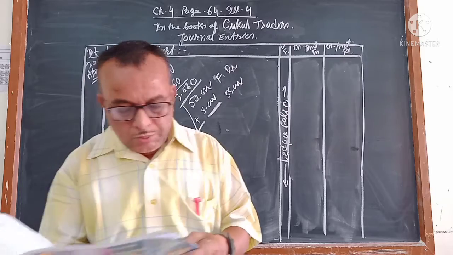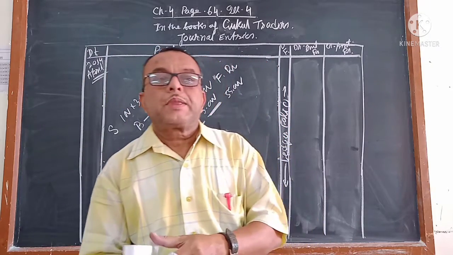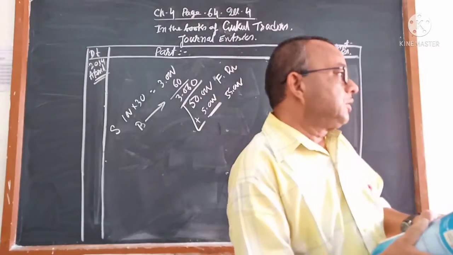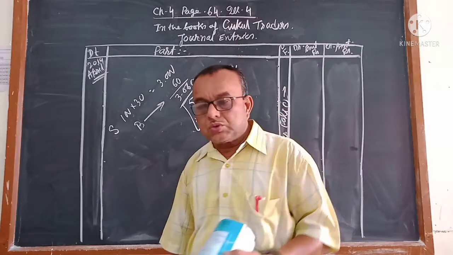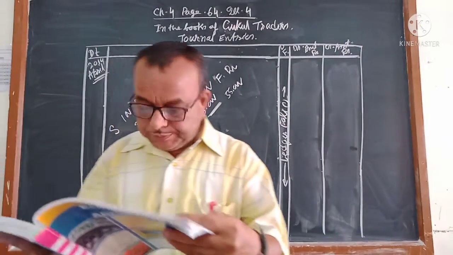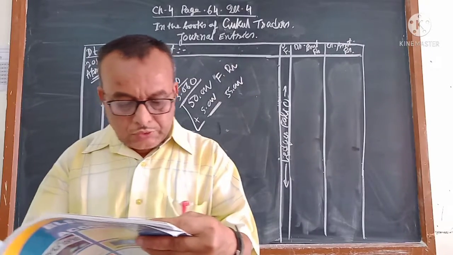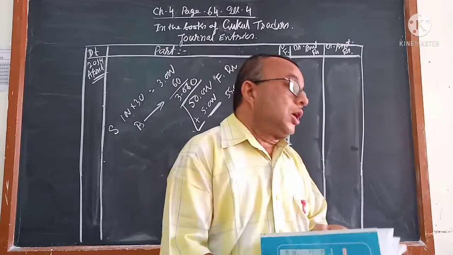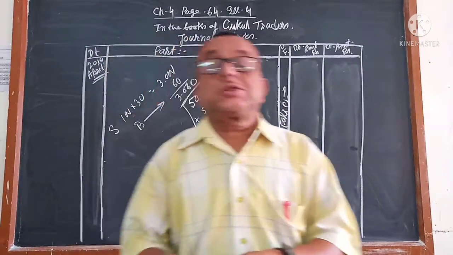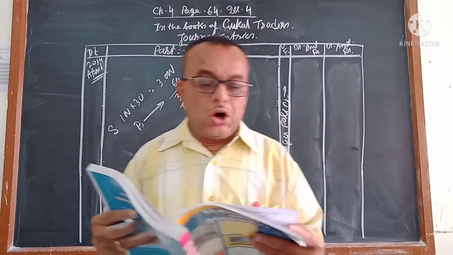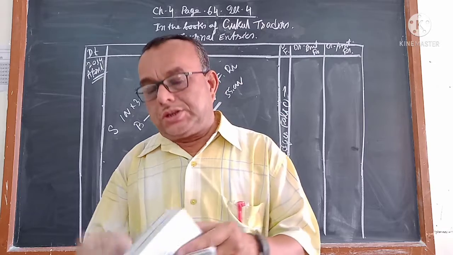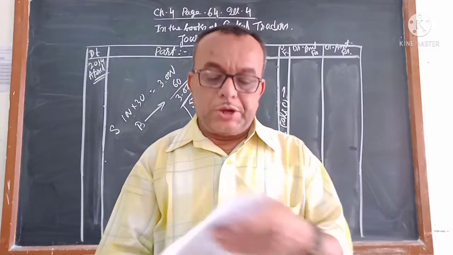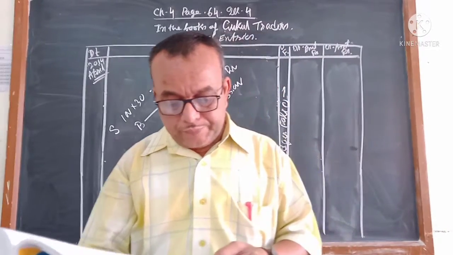Now 20, goods of rupees 1,500 destroyed by fire. आपको लिखना है कि नहीं लिखना है? You have to write, because once goods are going out from the business, that amount you have to write. Otherwise, your accounts will not tally. So goods of rupees 1,500 destroyed by fire. This is one type of loss, and goods are going out. If goods are going out, then purchase account will be credit. So see, loss on goods destroyed by fire account debit to purchase. That is 20.